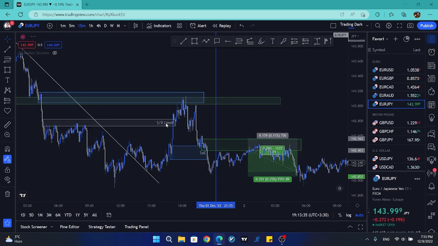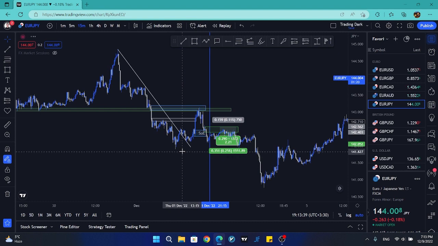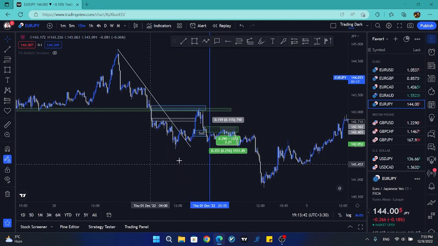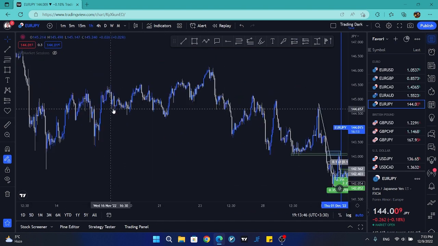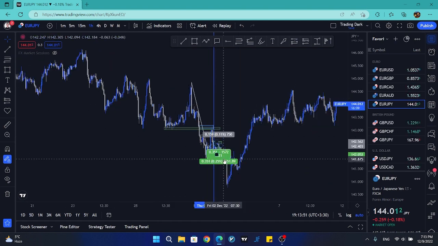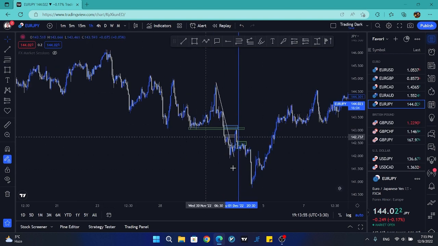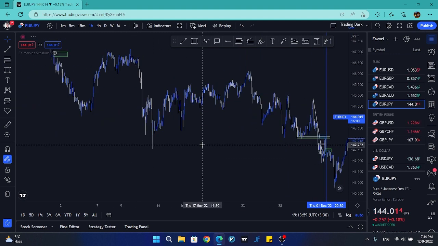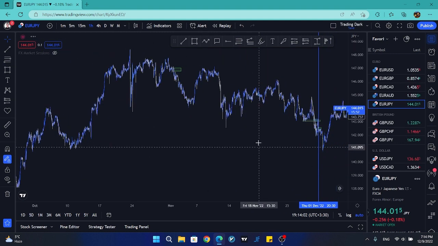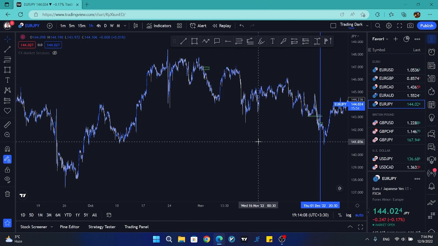So I went to the 15 minutes. Well, nothing here too. You see? This is empty. But then when I got to the 1-hour time frame, this is where we were talking. Let me hide this one. So yeah, see, this is where we were looking at the chart. I got to the 1-hour time frame and zoomed out a little bit, which could be going to the 4-hour time frame too.